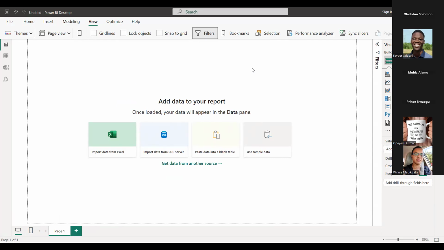It's the same in Power BI: the totality of what you're doing is a report, and each part is called a page. To create a new page, you just click on this plus icon right next to it, and we have page 1 and page 2.